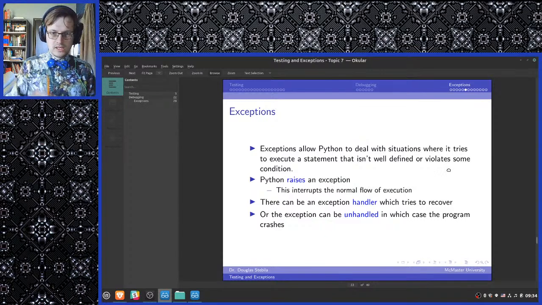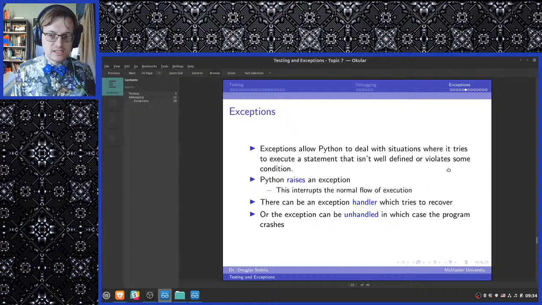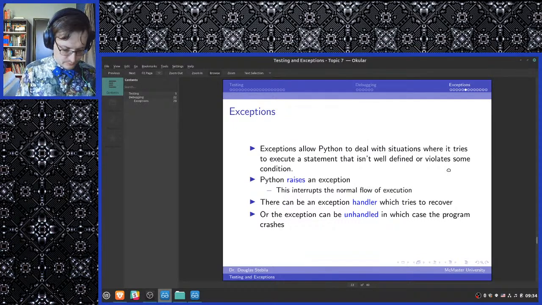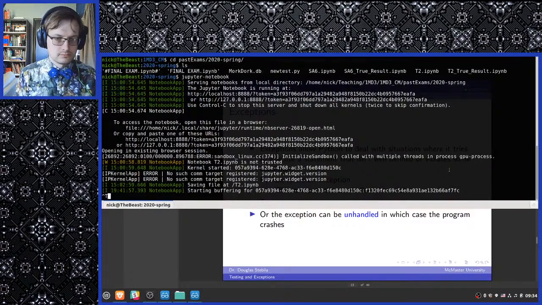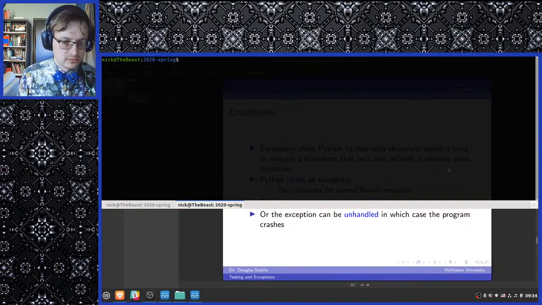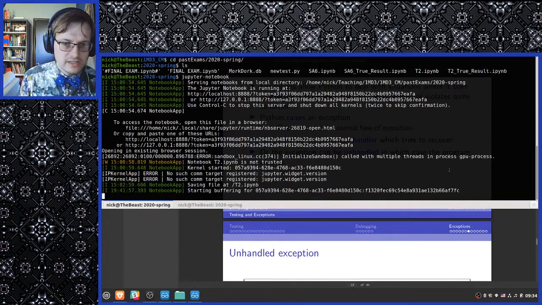So, exceptions. We were talking about exceptions last time. We were motivating exceptions, but we hadn't really gotten into the syntax. So I need a terminal. Terminal. Don't terminate the terminal.